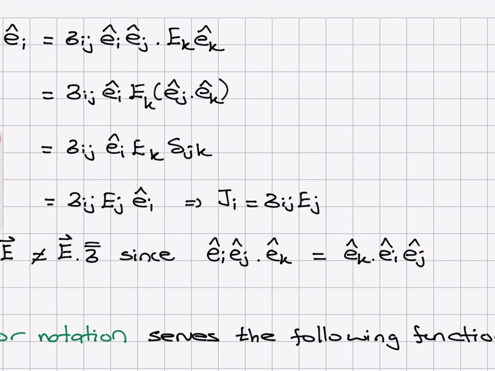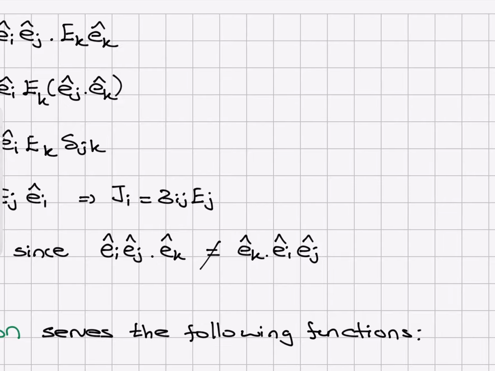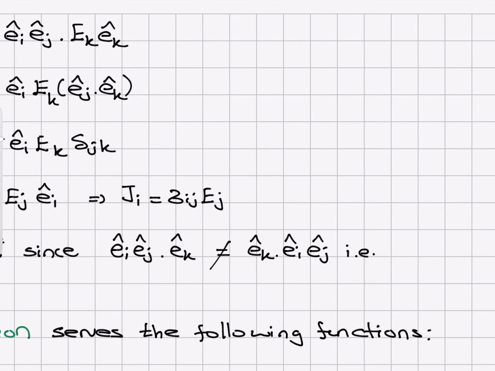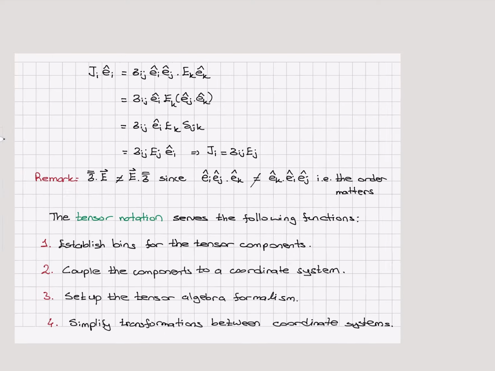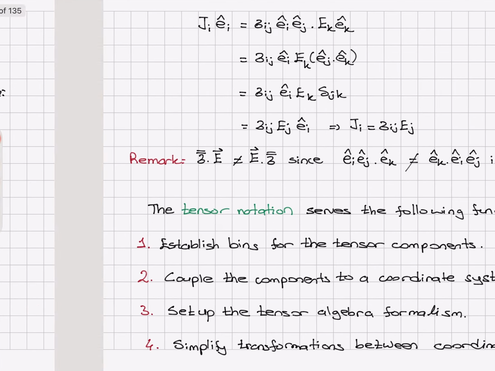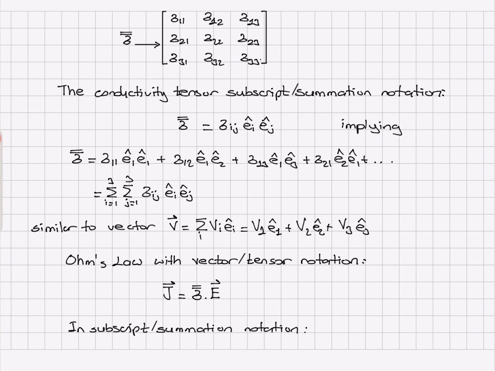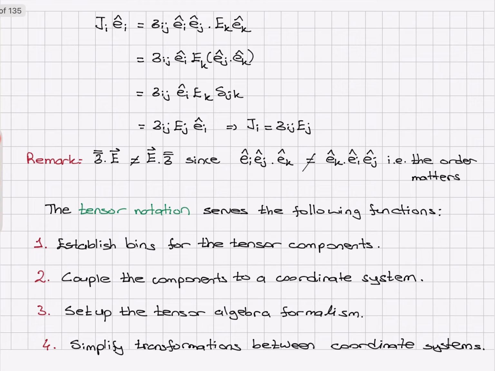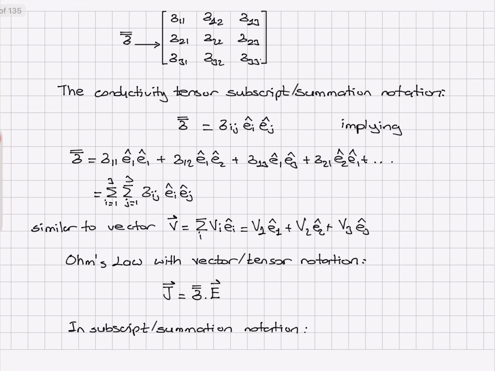They're in different directions, therefore they are not equal to each other, which is to say the order in this operation matters. So we have to be careful with this. All right. So the tensor notation that we have introduced, this tensor matrix representation replaced by basically this notation, sigma ij ei hat ej hat,